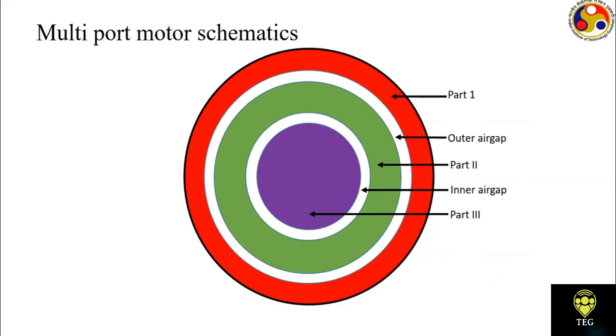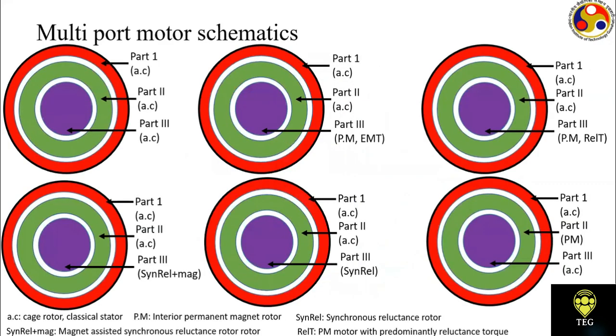Okay, now if we look into multi-port motors, then there are many configurations possible. So to the red part I can give an AC excitation, to the green part I can give an AC excitation, and to the purple part I can give an AC excitation. So in this case it will become an induction motor with two rotors. The red part would be the stator, and the green and the purple parts would be two rotors. So it's feasible. Okay. Now the other can be, to the red part I give an AC excitation,